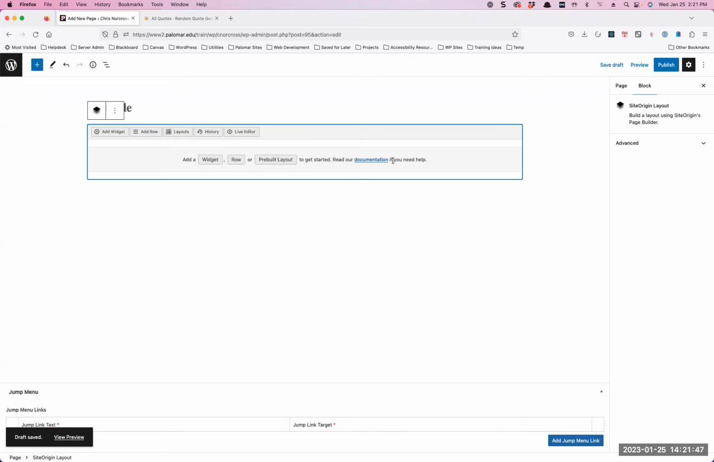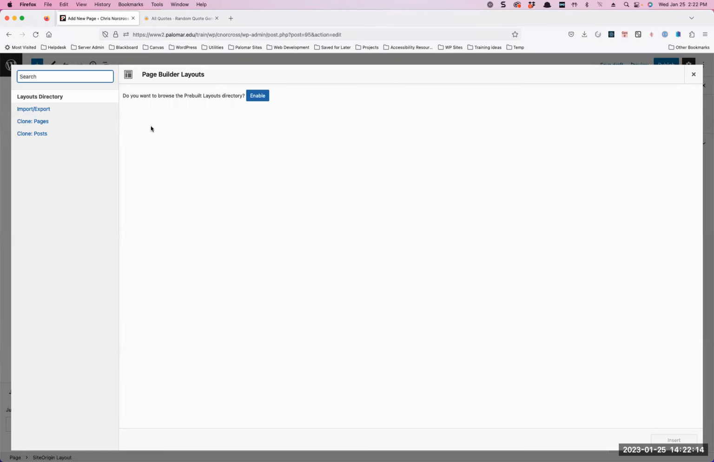However, what it's not easy to do is to go from a page that is using the site origin page builder just to begin with and convert it to a block editor page. That's not an option directly. However, it is very easy to take another page and insert it into this particular page. So I've created this site origin page builder layout or site origin layout block,